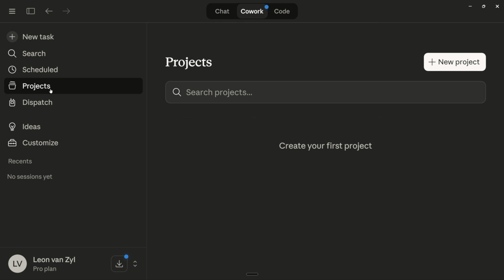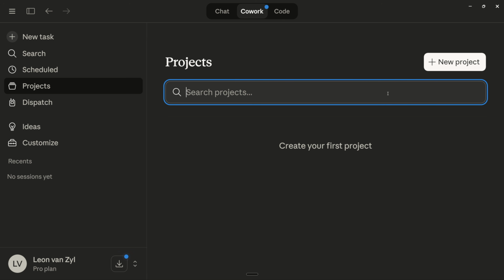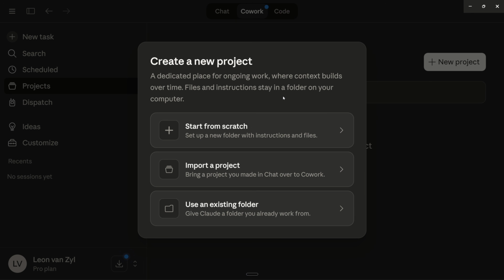Then we also have projects. With projects, we can organize our tasks and maybe specific context, like rules or any reference files, into one place. As an example, let's say you've got a folder on your machine with a whole bunch of documents like expenses, statements, and receipts. And you want Claude to run on an interval to organize and categorize all of the files in that folder. What you can simply do is create a new project, and then we can decide to create